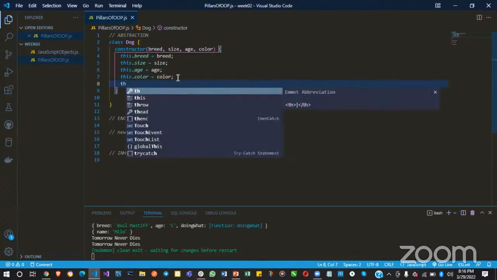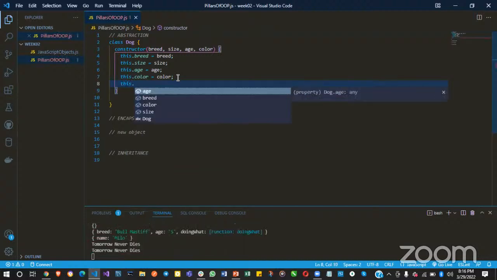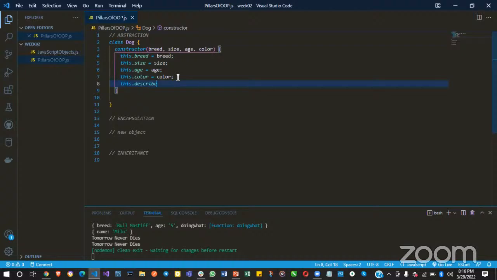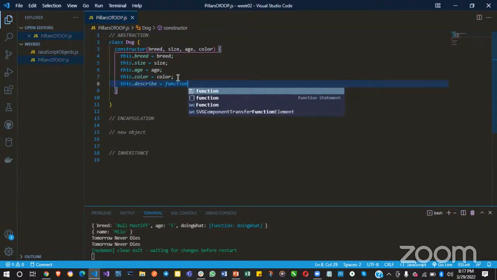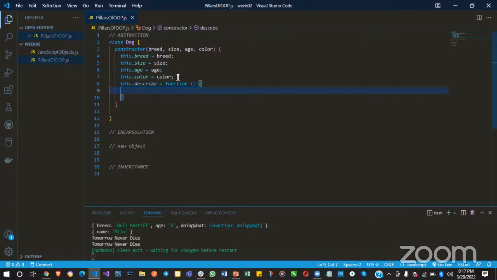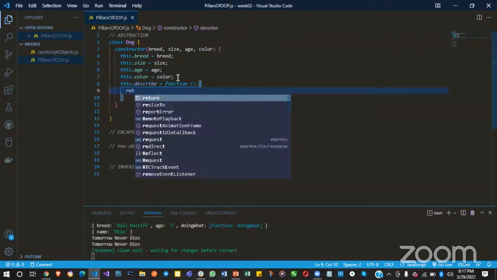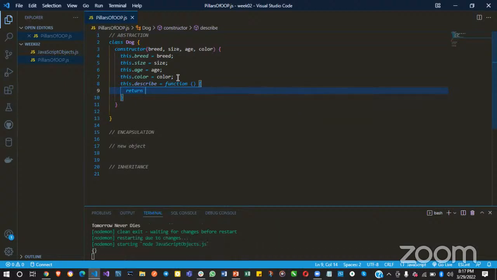So if I was describing here in the constructor, I could do something like this as a method, and maybe this.describe. Let me say describe. This.describe. So I want to describe this dog, and it's a function. So I'm calling on a function, and what should the function do? The function should return something like,